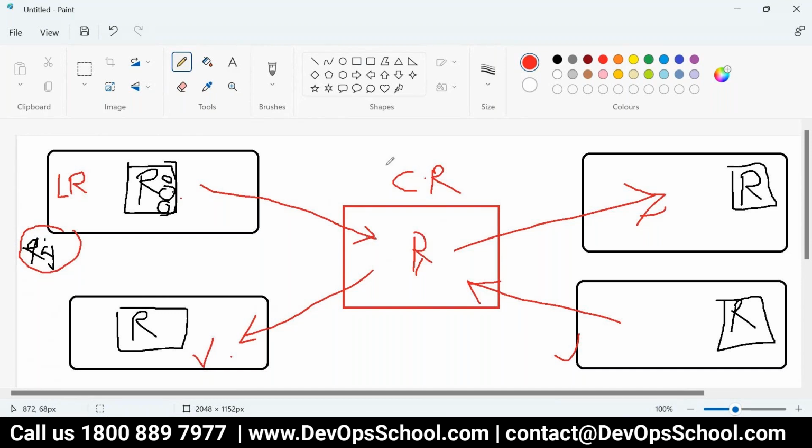I need a GUI, a UI on top of the central repository. So Linus Torvalds said, no, sorry, we don't have any plan. We are busy with the Linux kernel.